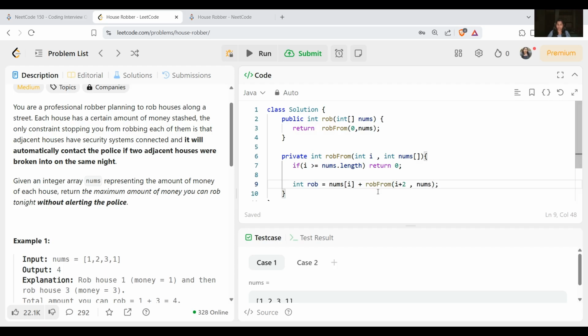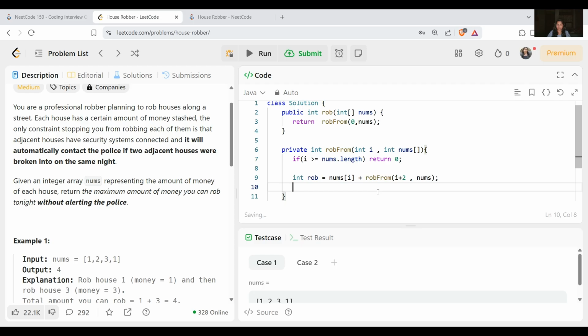And then for skipping the current house, we take int skip equal to rob of i plus 1, and again the array.